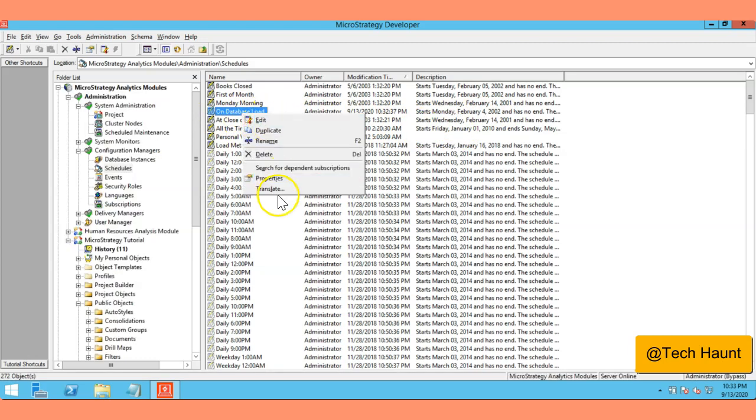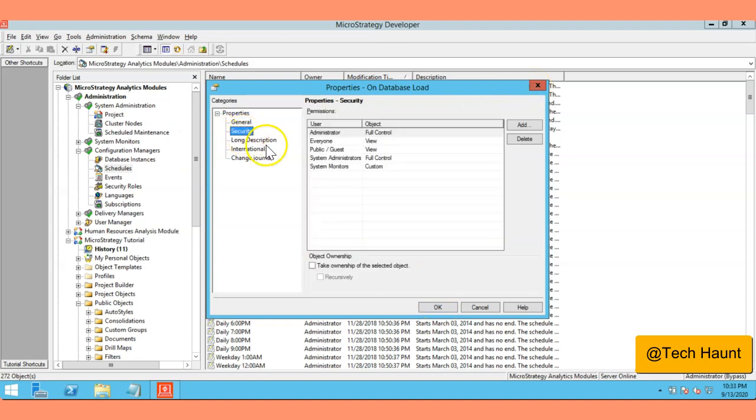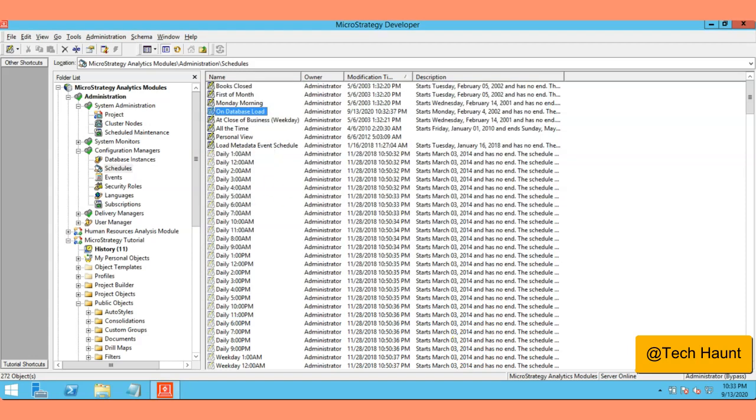So you can see it here. You have the options to edit them. You can go to the properties. You can see the properties also here. Right. So we have a couple of options here, and that's the properties. We have the security. You can add or remove users from here. You can add the long descriptions if you want. Okay, so now our task is to perform any common scheduling management task at any time. You can right click on a schedule task, and then you have a couple of options there.